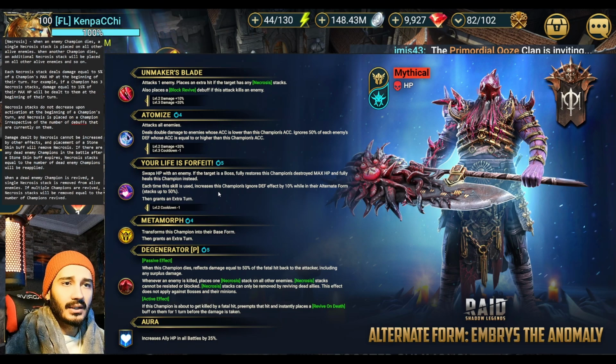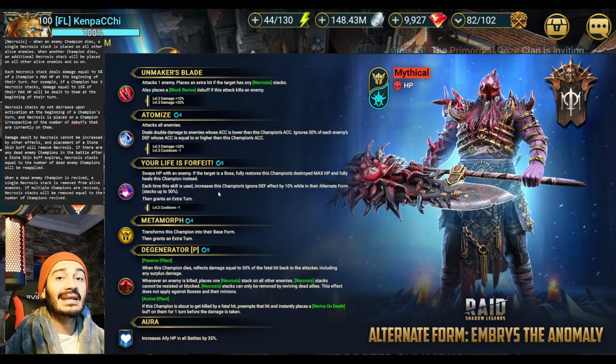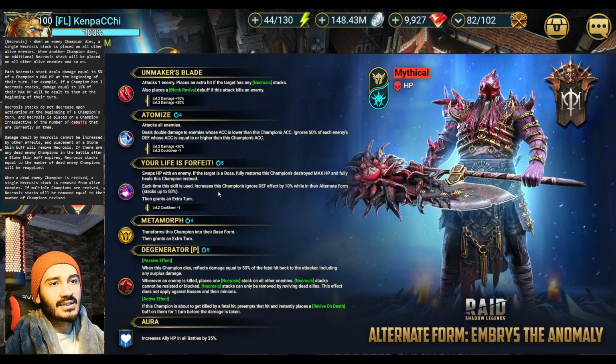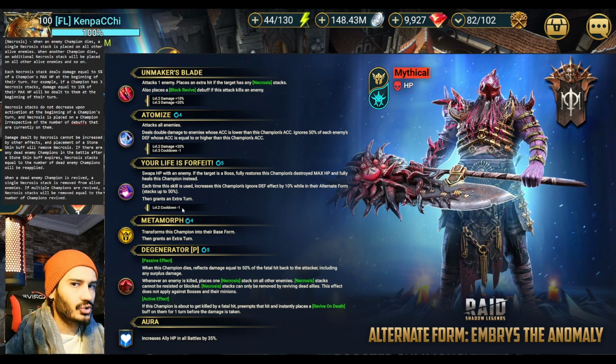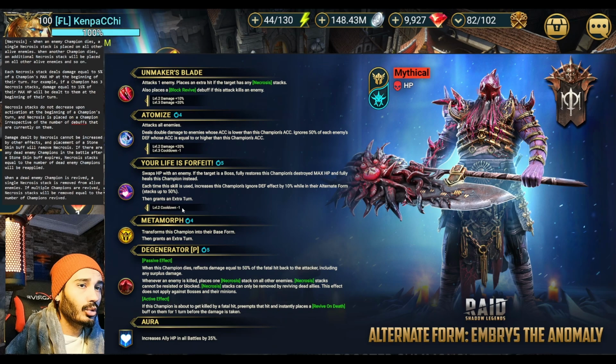Alright. Each time this skill is used, increase this champion's ignore defense effect by 10%, while in the alternate form, stack up to 50%. Then it grants an extra turn. This skill has a 4 turn cooldown, but because he's getting an extra turn guys, you can call it a 3 turn cooldown. Actually looking